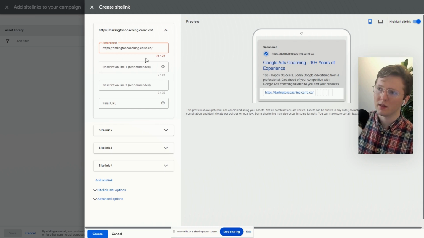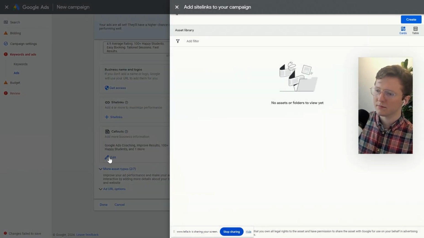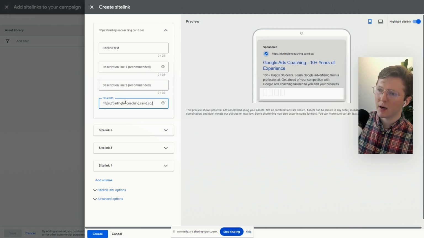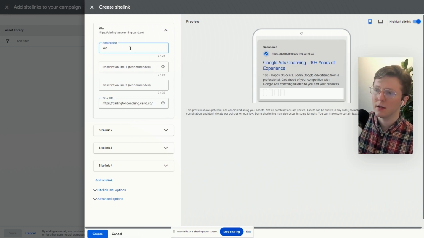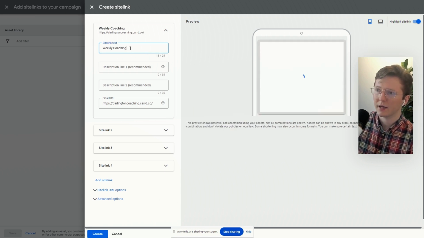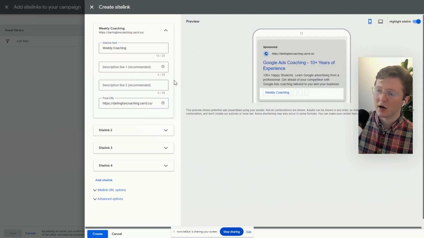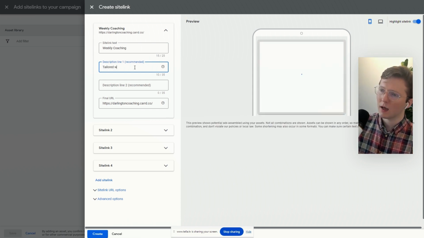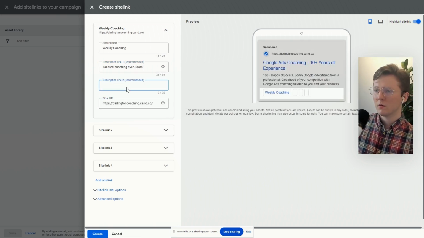And you can beef them up with text, right? So I could say weekly coaching, because I offer a package that offers weekly coaching every week. And then I could give more description: tailored coaching over Zoom, get customized guidance. And I could essentially add that, and you'll see it shows up at the bottom, and this